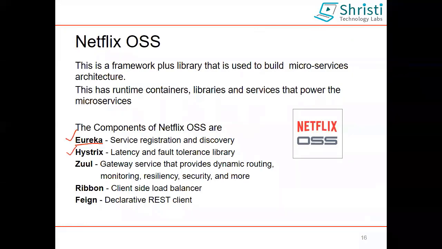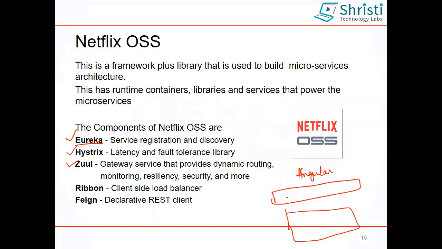This is the service registry. Hystrix is used for fault tolerance if something goes wrong in my microservice. Then I'm having Zuul. What is the purpose of Zuul? I told I'm having an Angular application which wants to connect to my microservice. So I have an intermediate gateway. This is like your security here. When I'm going into any techno park, there will be a security, and based on my information only is going to connect me to the backend, right? Same way this is a gateway API.